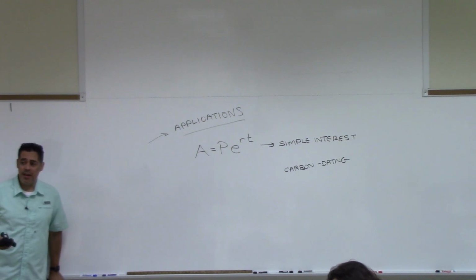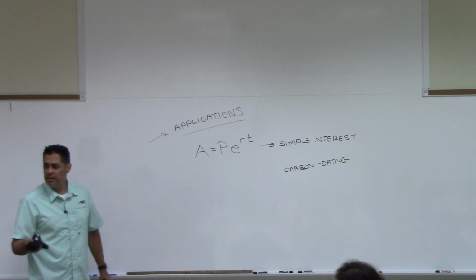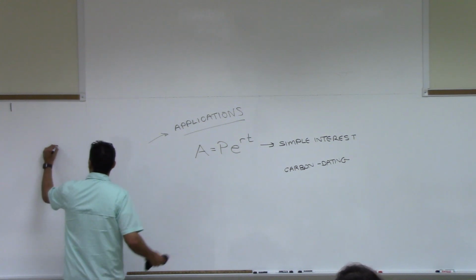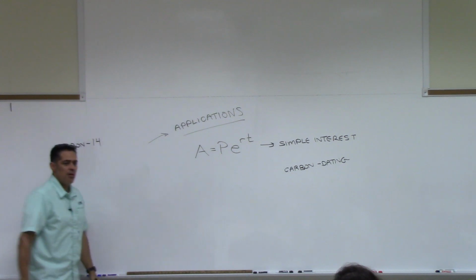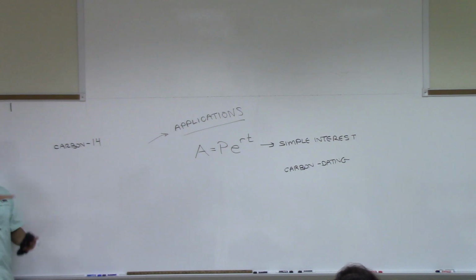So all living things, whether it be a human being, a cat, a tree, every living thing has something called carbon-14 in it. We all have it in our bodies, right? Our bodies naturally maintain a certain level of carbon-14. As soon as you die, your body no longer keeps that level up, so it starts to decay or deplete away. And it goes away and goes away, but it goes away